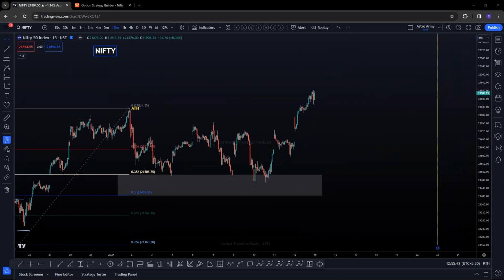We had your US CPI data, we had the Fed, which released its data. It came a little higher than expected. Regardless of the data, for us the data is not important, the structure is important, right? So regardless of all your data and news points, we don't care about what news points are coming. We care only about the market structure. That is our main area of focus, right?